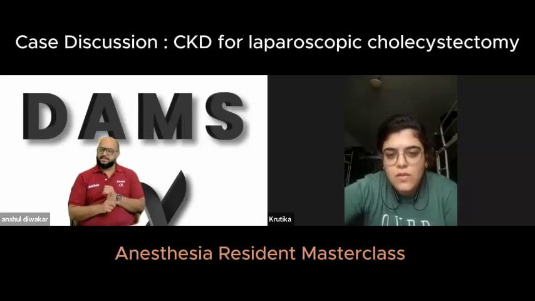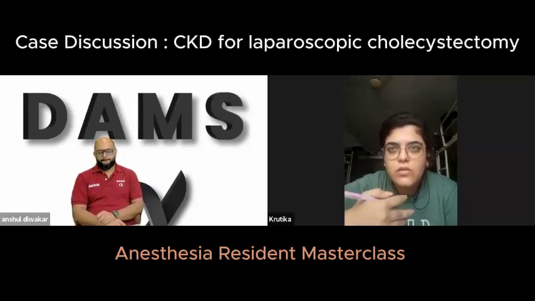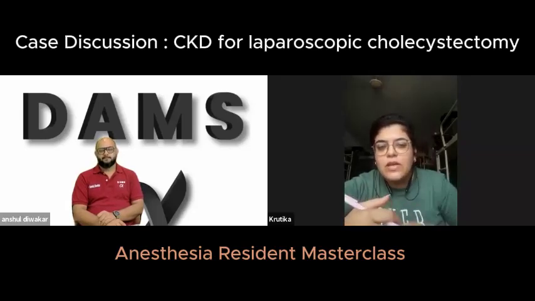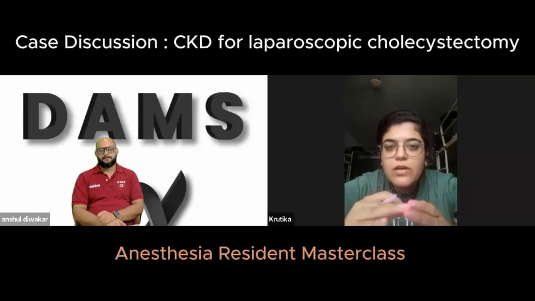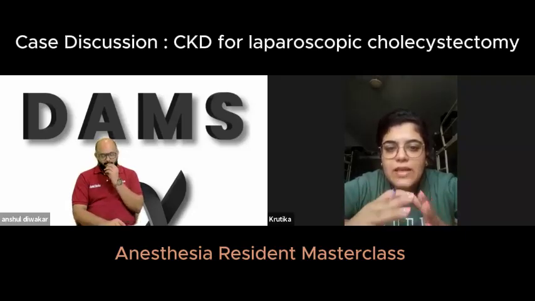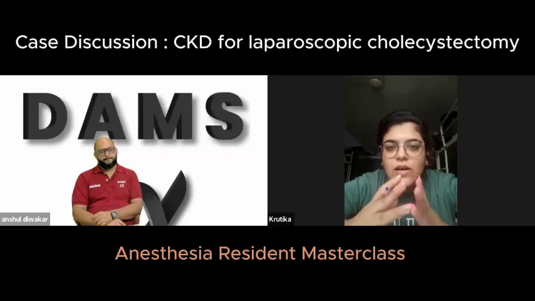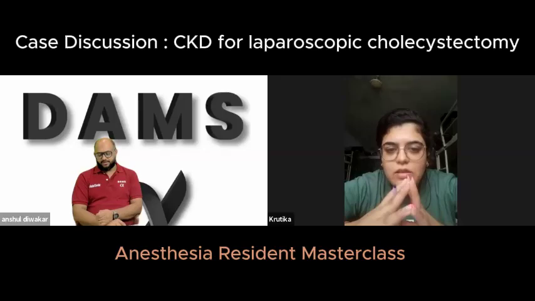So the type of dialysis, the site that you have used, what is the significance of the site? We can use right IJV, we can use femoral as well, but femoral we can avoid because if the patient goes for further renal transplant, the iliac vessels are used in anastomosis. Right or left IJV we can use, and apart from that, we can use AV fistula. What is the significance of AV fistula?